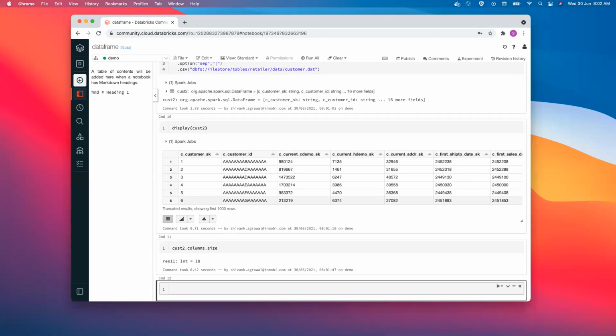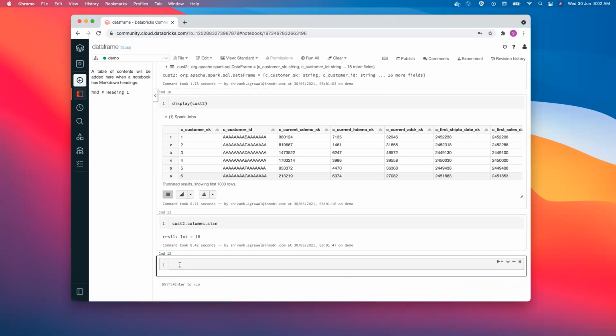You can simply define some of the column names which you need from it. So for example, I need maybe a cust3, and this time what I want is, let's say from cust2 dot select,